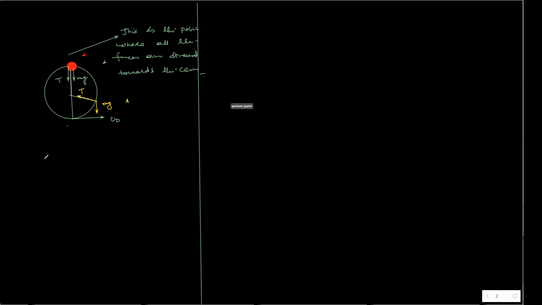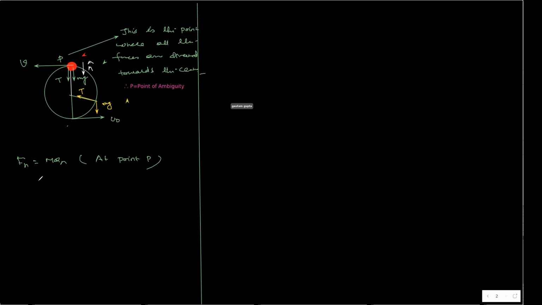So what I told you, at a point of ambiguity, you have to make tension 0. So at this point, at point P, we'll write Fn equal to MAN at point P. Let's say the velocity at point P is V. Then if you write Fn equal to MAN, your N direction is what? This is your normal. Normal direction is like this, towards the center.